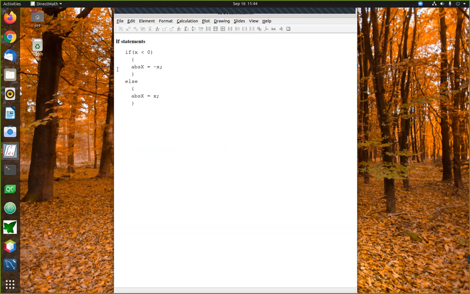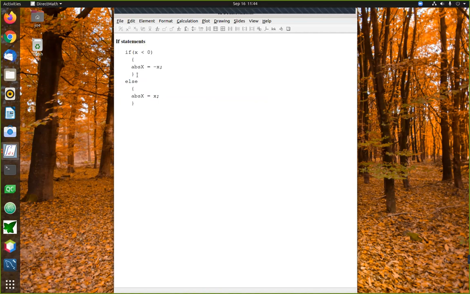Right, then we have the two cases. We have the if case and we have the else case. And the way that we separate those cases from each other is that each separate case is enclosed in a set of curly braces. As we saw on Monday, Java uses curly braces pretty extensively to mark out different sections of things. And here we're using curly braces to mark out both the if part and the else part. Right, so this is the basic structure of an if-else statement.